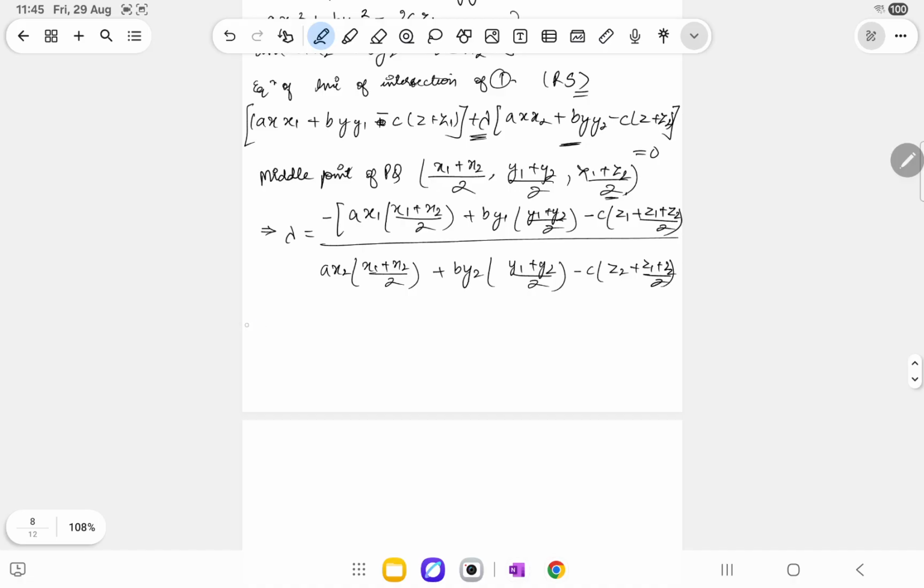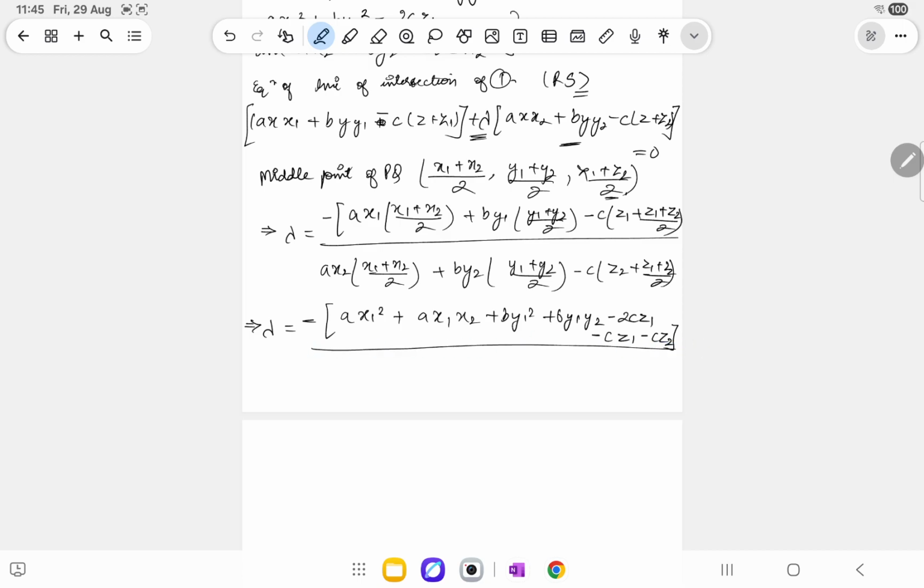So if I simplify it, I'll get lambda as minus ax1 square plus ax1 x2 plus by1 square plus by1 y2 minus 2cz1 minus cz1 minus cz2, divided by ax2 x1 plus ax2 square plus by2 y1 plus by2 square minus cz2 minus cz1. Here there will be 2 because I will be taking LCM here,